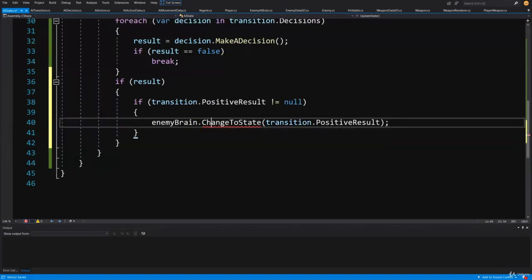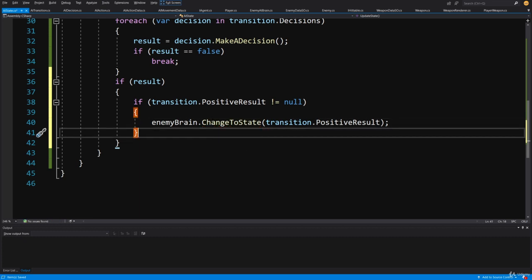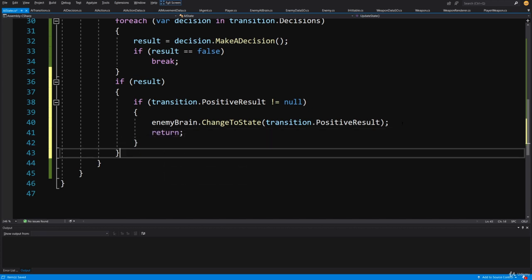Since we do not have this inside our enemy brain, let's alt enter on this method and generate it in our enemy brain, and we can simply return here. Great. And else